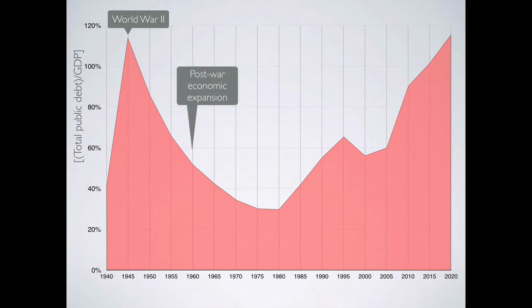Well, what was happening is a really massive post-war economic expansion. That is, the rate of economic growth became very high, very strong. The economy expanded substantially in the United States. It grew faster than the debt grew. So the debt never shrank, but the economy grew faster, so it shrank relative to the GDP. However, what happened